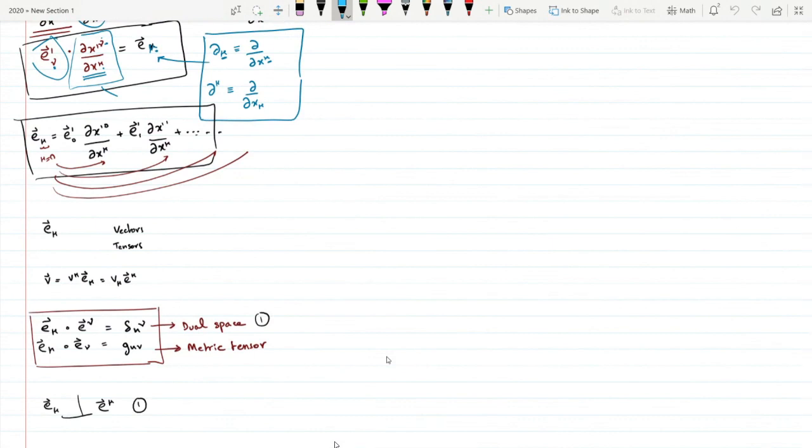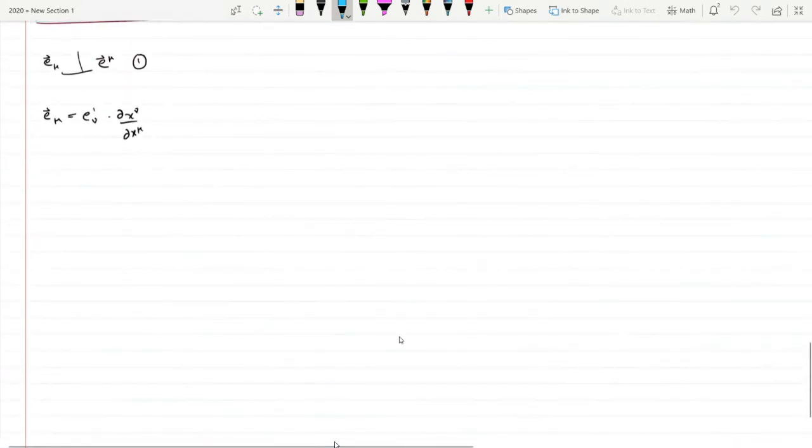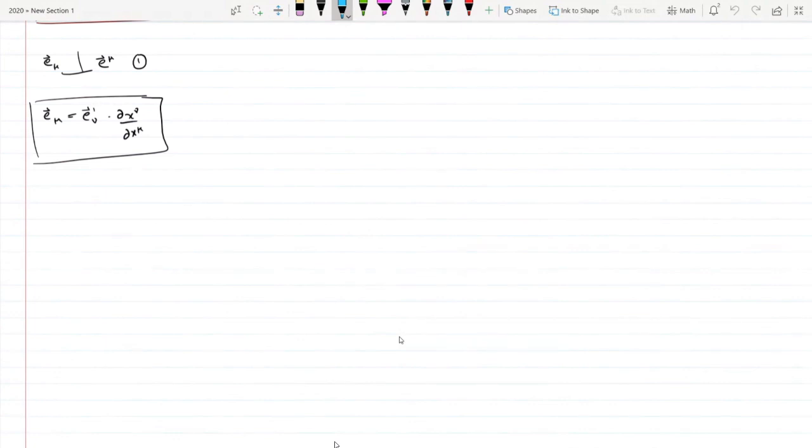So it should be here, E prime mu. This is our old basis vector in terms of the new one. But if you remember our metric tensor, which was defined in terms of